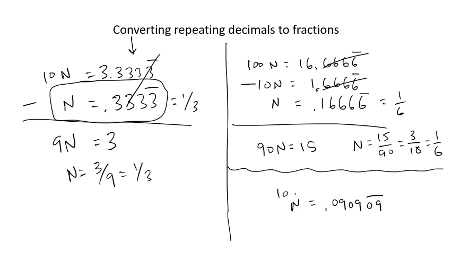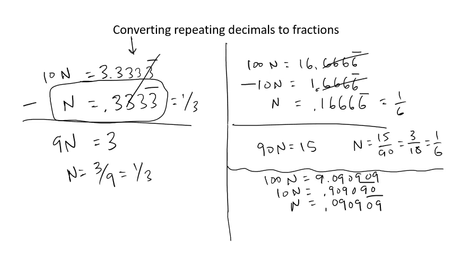If I take 10n, then I get 0.909090. And so if I try to subtract these, they're not going to work because they're out of phase. They don't match up. So I'm going to take another power of 10, so I'll do 100n. And so now that moves this decimal 2 places. I get